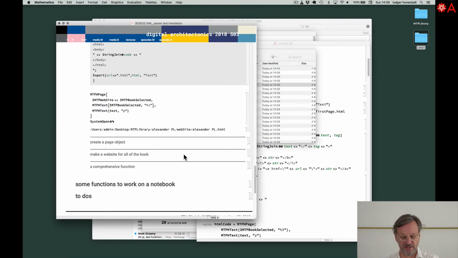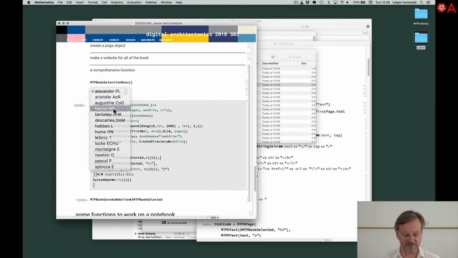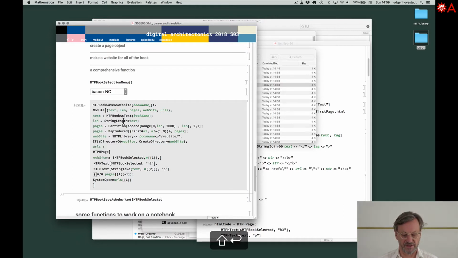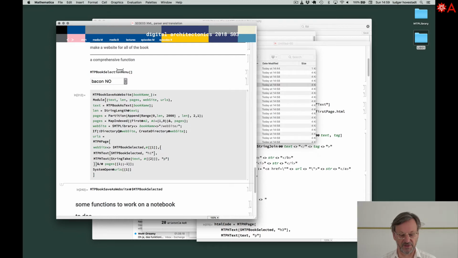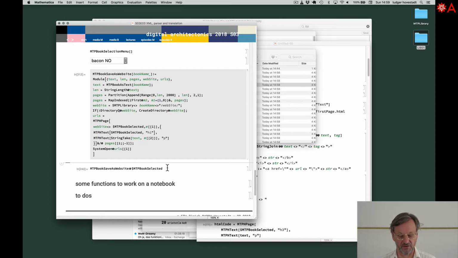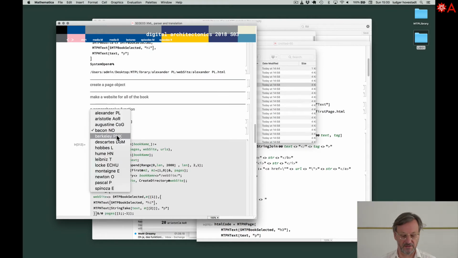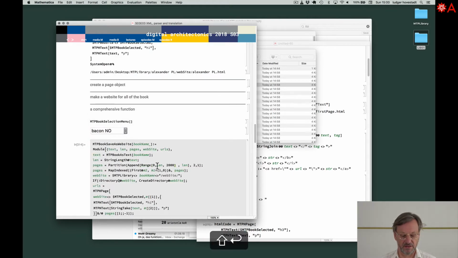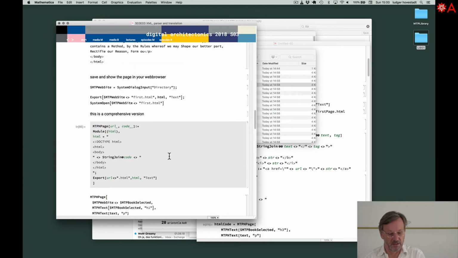So what we have here in our code is the comprehensive function. This does everything like that. For example, we can go for Bacon. This is a function, MTP book save as website. Say MTP book selected, which is selected by this menu, and you can do all this stuff in one click. Let's go here, Bacon,